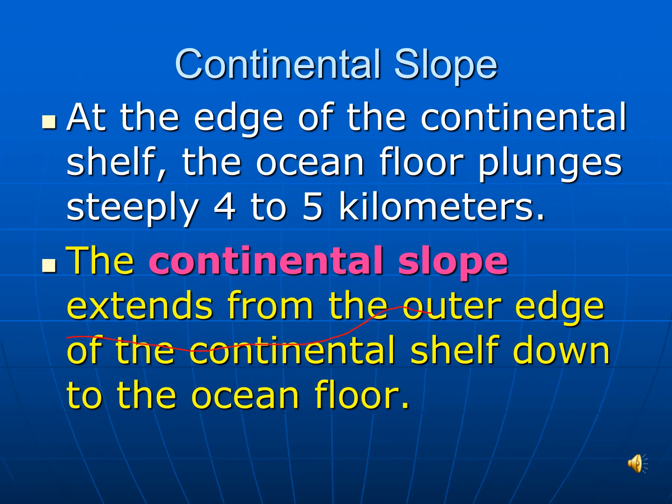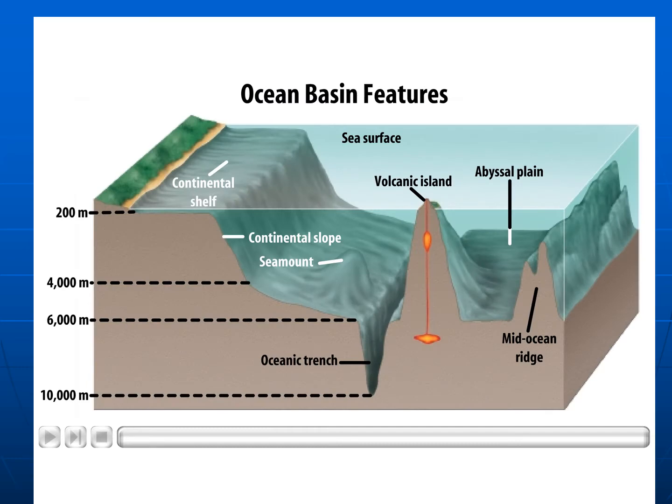It extends from the outer edge of the continental shelf down to the ocean floor is the continental slope. So as you see here, here's the shelf. Now this is usually where we are at when we at the beach. Okay, and y'all just be sitting up here just on the water. But if you go too far out, you have a slope. Some of them is like this. Sometimes some slopes are like this. Some of it is more gradual.